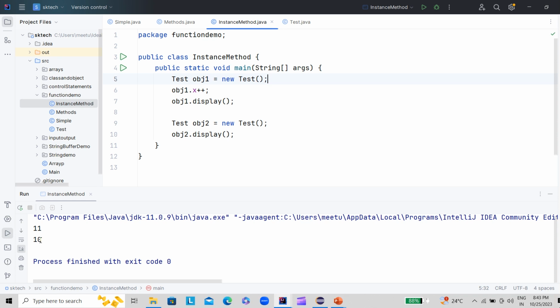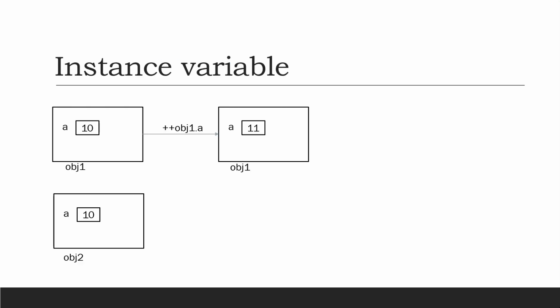Yeah, if you observe here, for object 2 it is still printing 10, but for object 1 it is printing 11. It means that if we create two or more objects of the same class, the instance variable will have a separate copy for each object.